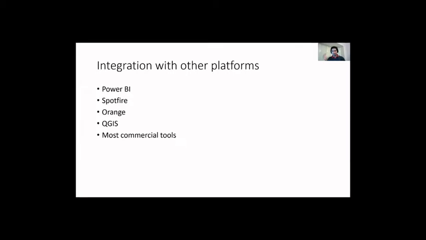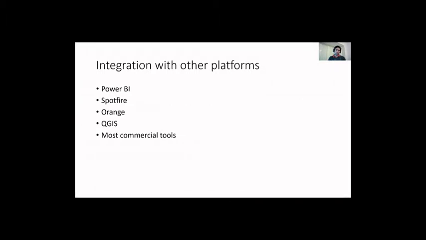It's a more interactive tool. You can do a lot of nice stuff that you would do in Python through coding, but Orange also has a direct link to Python where you can embed your code. Another thing that I use sometimes is QGIS for mapping and geospatial data. And there are commercial tools within the industry that are moving towards a Python integration.